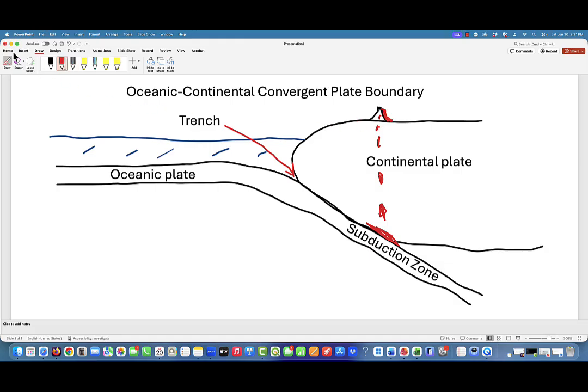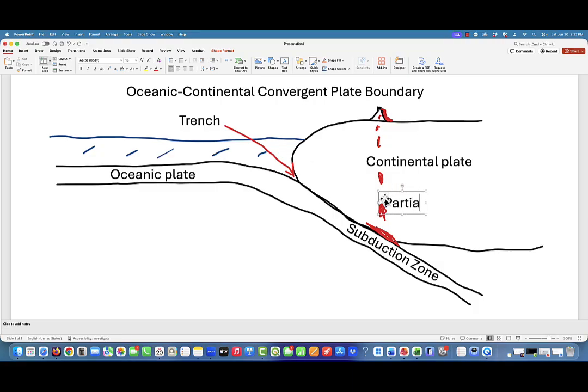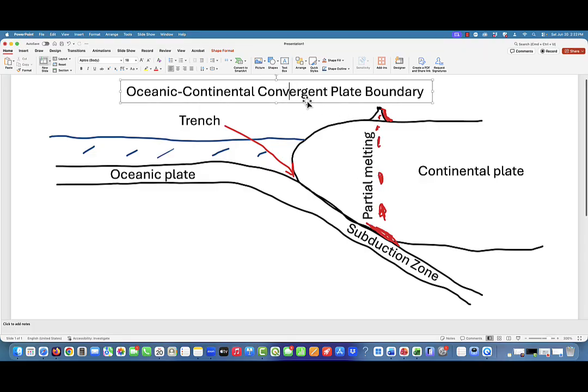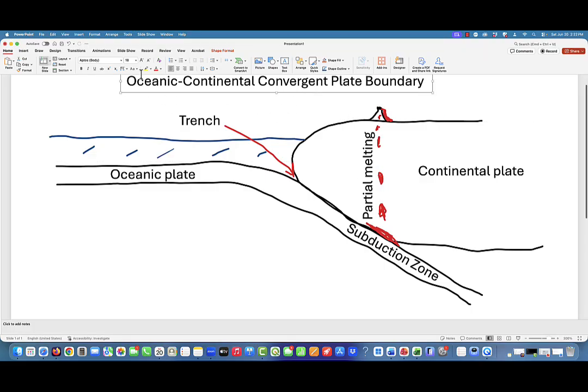And so let me go back to my labeling. I want to label some more things now. So this is the partial melting. Partial melting is going on along this line here. Move that over a little. But once again, the whole subducting plate is not melting away. And we can also label this. I'm just going to move this up a bit. So this is going to be the